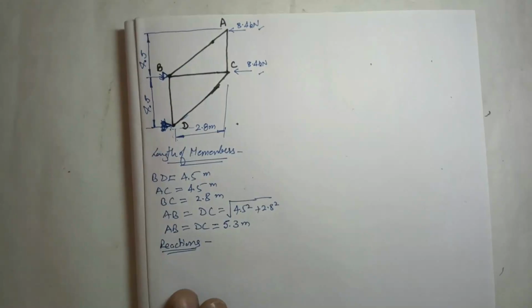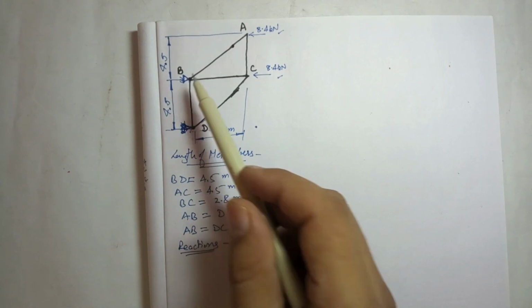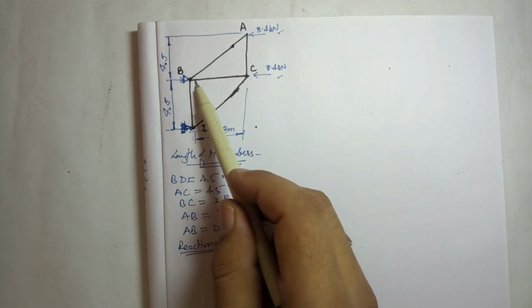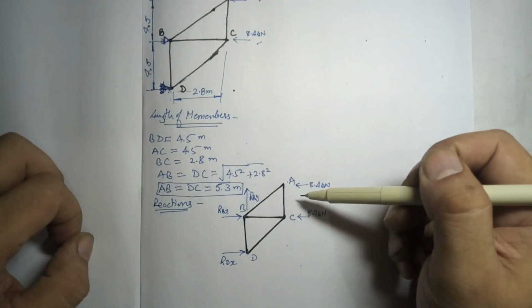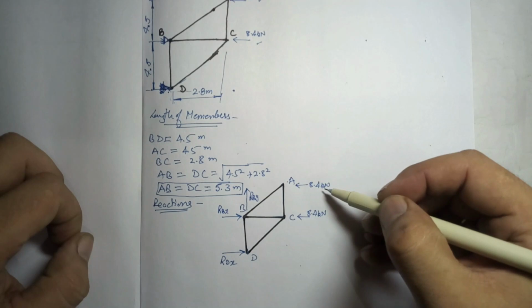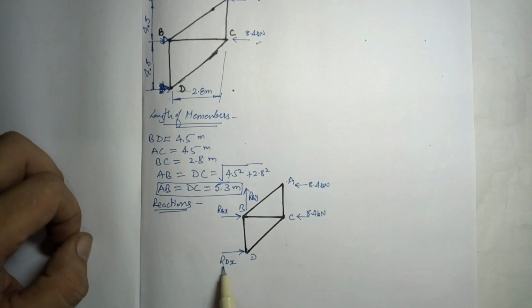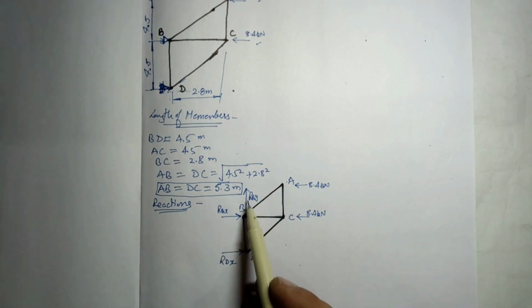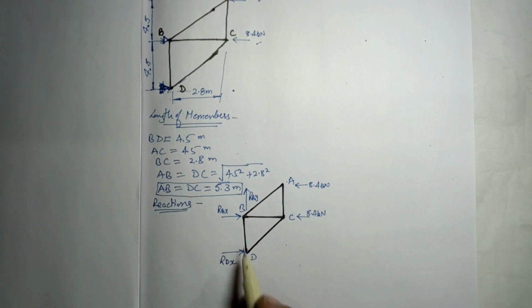Now when we consider this, you can see very easily here it is a rolling support and here it is a hinge support. Rolling support means it will have one reaction only and hinge support will have two reactions. Now how do we consider? I'll draw the free body diagram for that. So I have drawn the free body diagram for the same given object. At A point, external force 8.4, C point external force 8.4, and at D point horizontal reaction is there, RDX, and at B point two reactions because this was a hinge support, so I am considering horizontal and vertical. At D point only horizontal because it was a rolling support. So we have to find out the reactions.